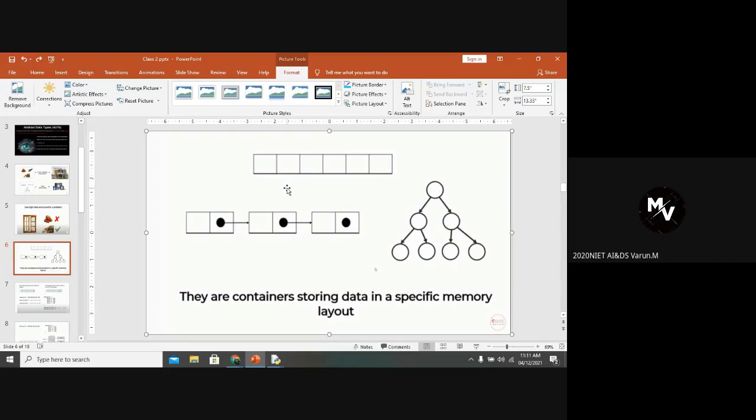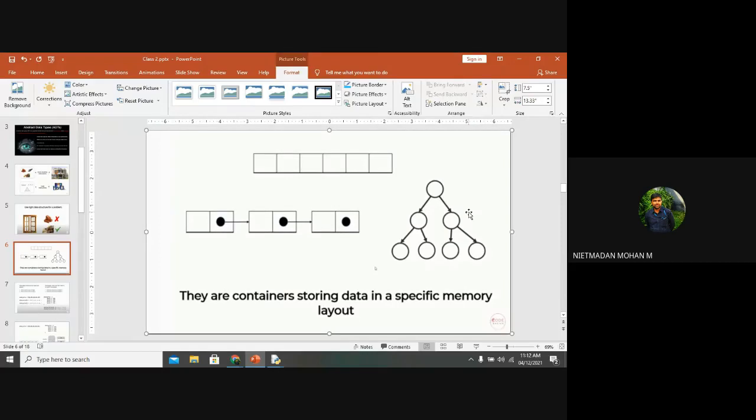Yes, sir. So the first image will be represented as a list, and the second image, the left-hand side image, will be represented as a linked list. This is a new concept for you. I will explain the linked list concept in the second and third units. A linked list consists of a node with an arrow mark pointing to another node. This is known as a linked list. And the third one is a tree shape. These three will play a major role in allotting the data memory that can be stored in your program.